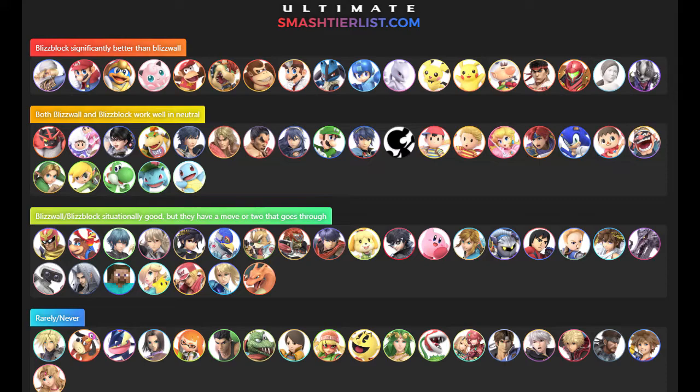The second tier, Blizzwall and Blizzblock both work well on neutral. It's really up to you which one you would choose. Most of the characters in it are pretty standard, where Blizzwall and Blizzblock are either amazing or they work well. So a character like Squirtle, Blizzwall and Blizzblock just destroy this character. There's no reason to not Blizzwall or Blizzblock against Squirtle. But a character like Peach, for example, you do need to be a little bit more careful because they can float over you with down air or something like that. So this tier is Blizzwall and Blizzblock work, but be a little bit mindful of what